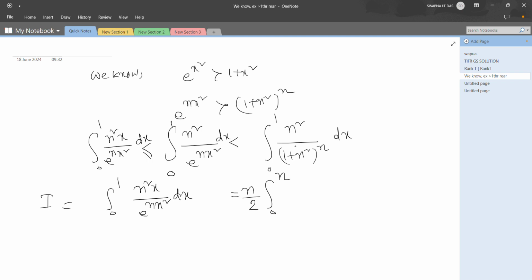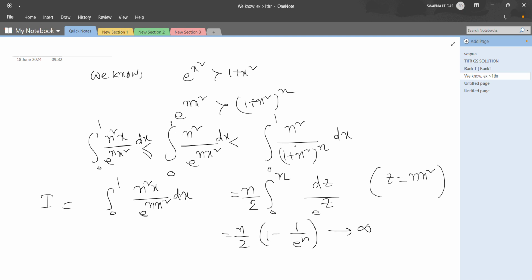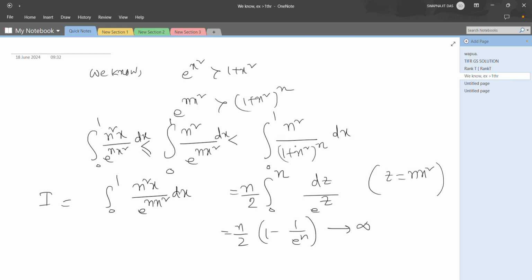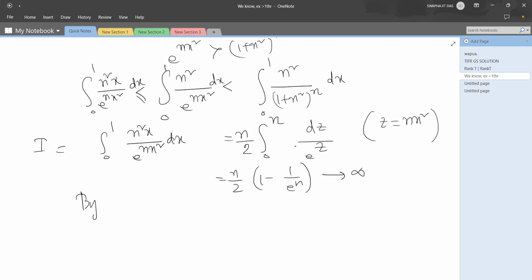Taking z equal to n x square, it becomes 0 to n by 2 dz by e power z, times one by n. So this diverges to infinity because the second part goes to 0 but the first part goes to infinity. So by sandwich theorem,